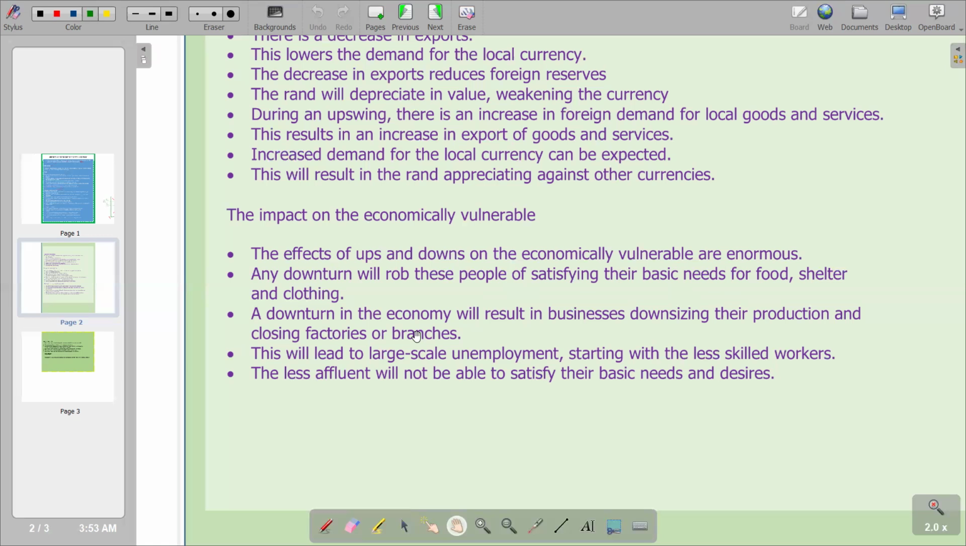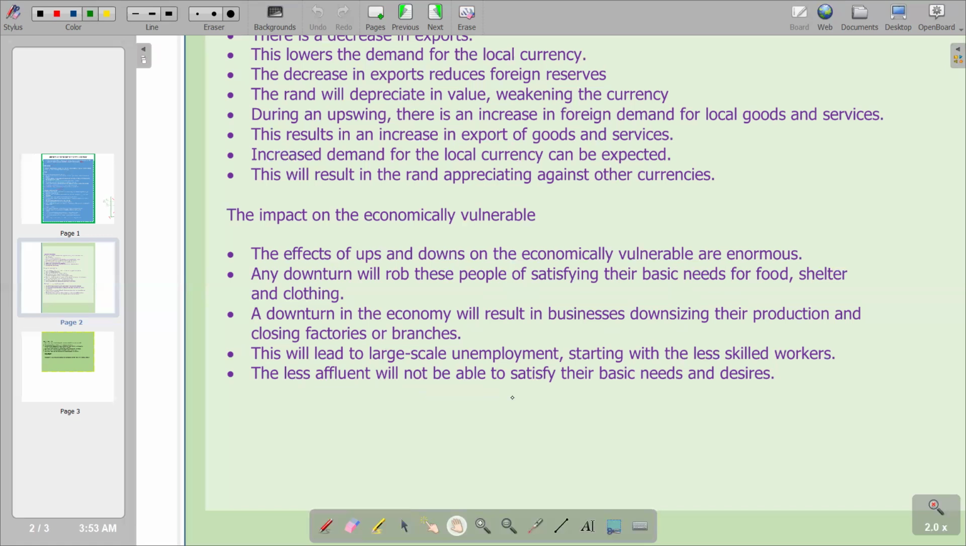The next point, a downturn in the economy will result in the business downsizing their production and closing factories or branches. This will lead to large-scale unemployment, starting with the less skilled workers. And the last point, the less affluent will not be able to satisfy their basic needs and desires. So basically,